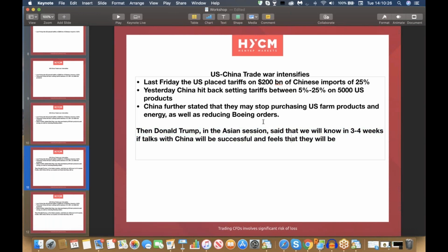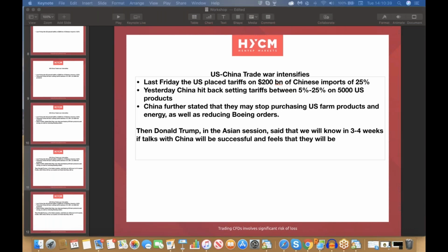Now, remember, these tariffs that the US placed on Chinese imports will take around 3 to 4 weeks to come into play anyway. Okay,